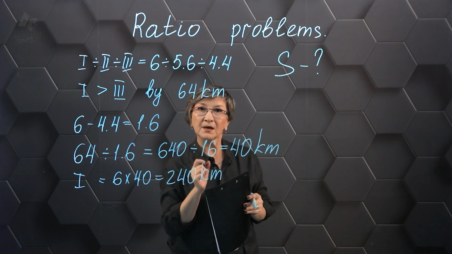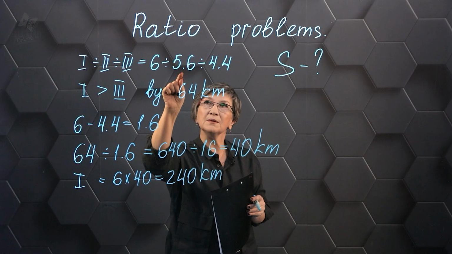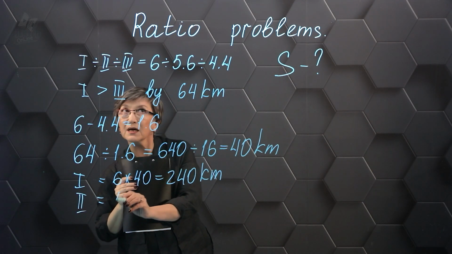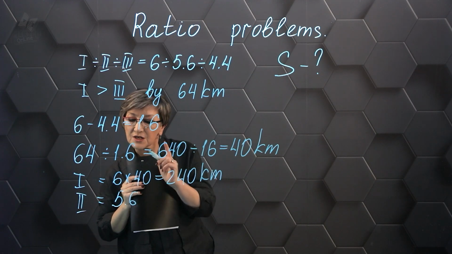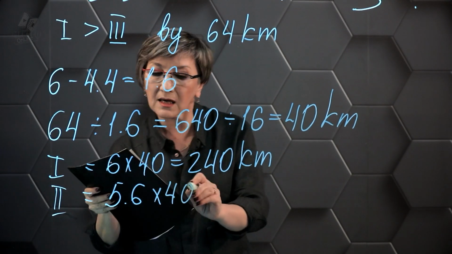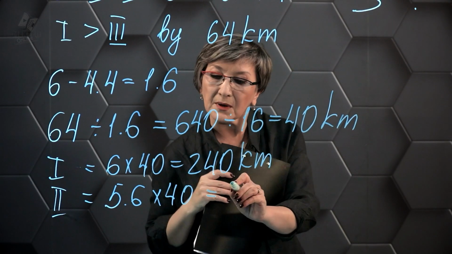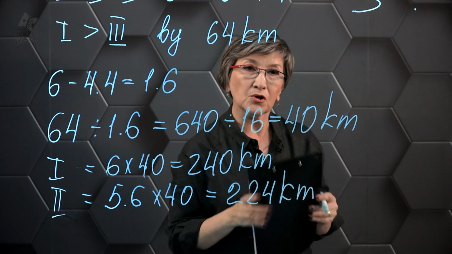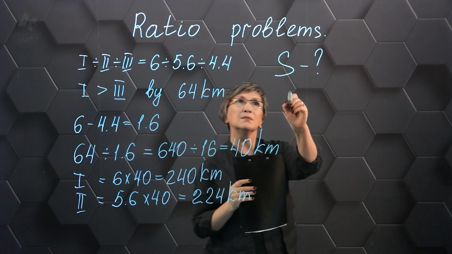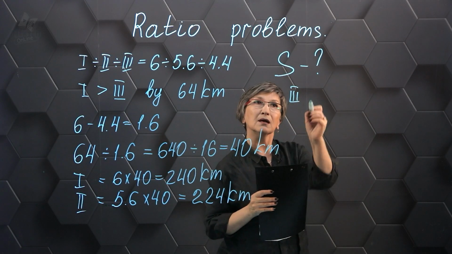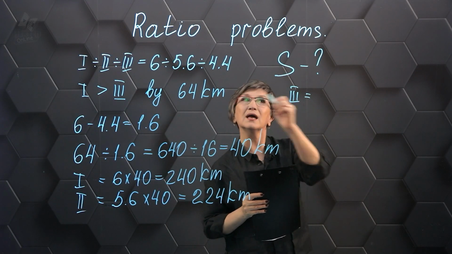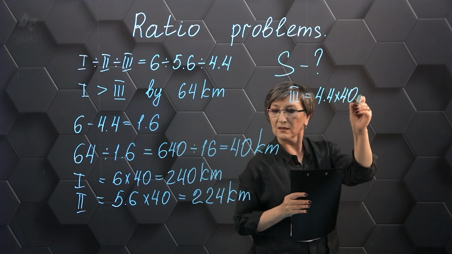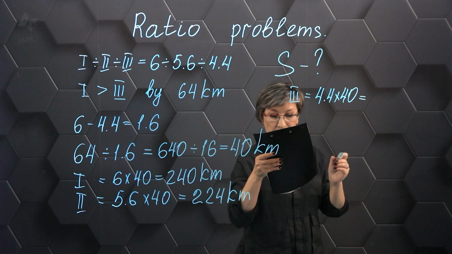Using the same algorithm, we will find how many kilometers they traveled on the second day. On the second day, they traveled 5.6. We multiply that by 40, and we get 224 kilometers. Using the same algorithm, we find how many kilometers they drove on day 3. To do this, we multiply 4.4 tenths by 40 kilometers. The result is